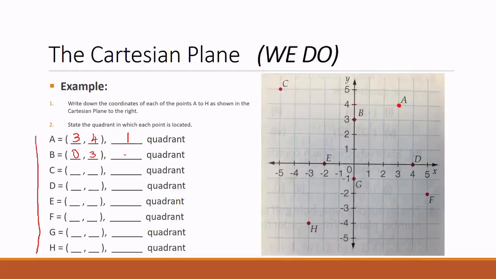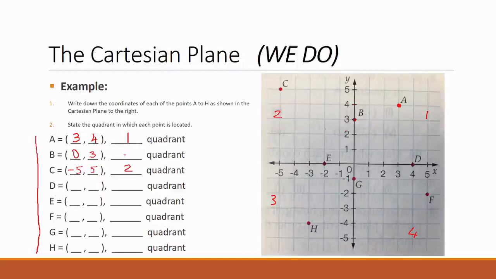The next one, which is coordinate C. Now, coordinate C is way over here. I've travelled -5 in the X direction, and I've gone up 5 units in the Y direction. And so the coordinates for point C is -5, +5, and it sits in the second quadrant. So remembering that that's quadrant 1, that's quadrant 2, that's quadrant 3, and that one's quadrant 4. For point D